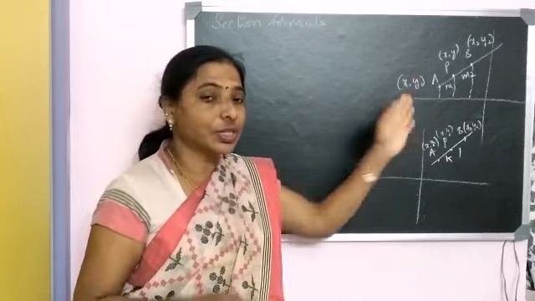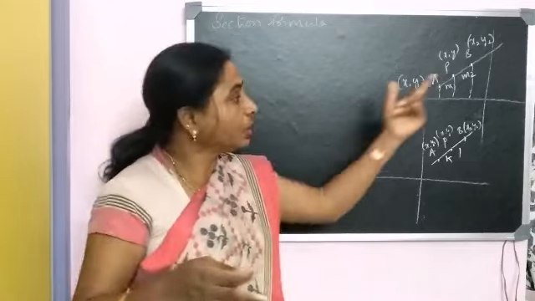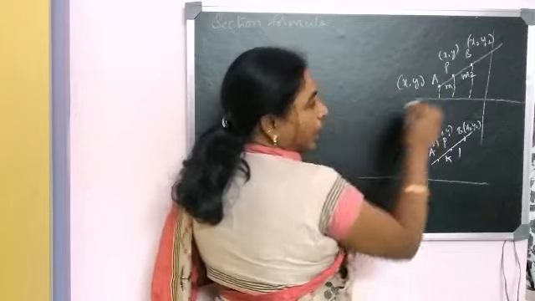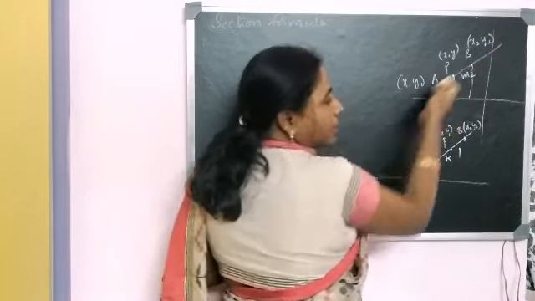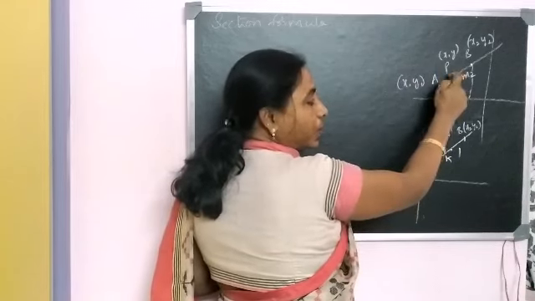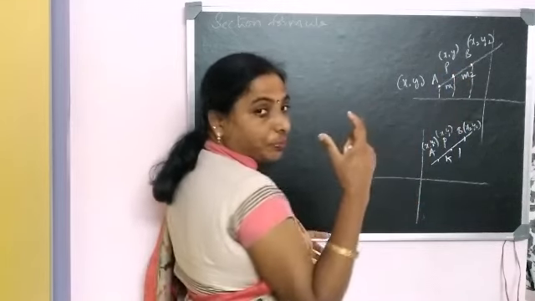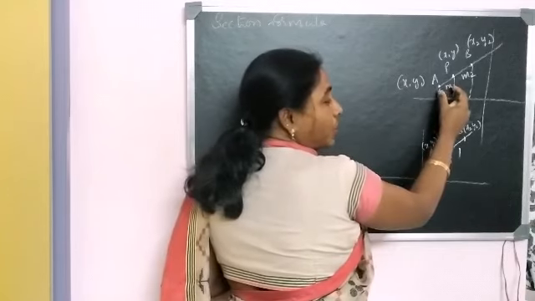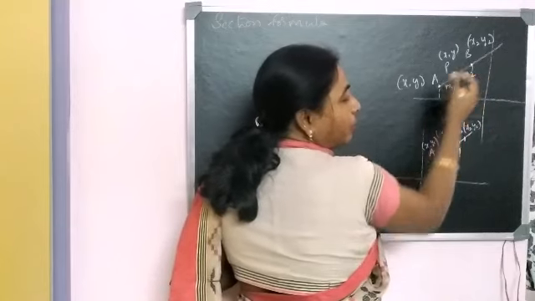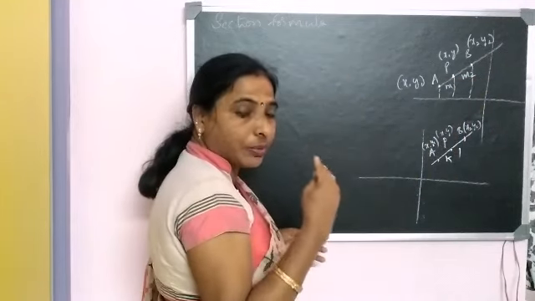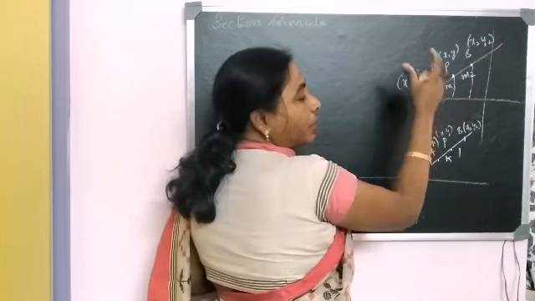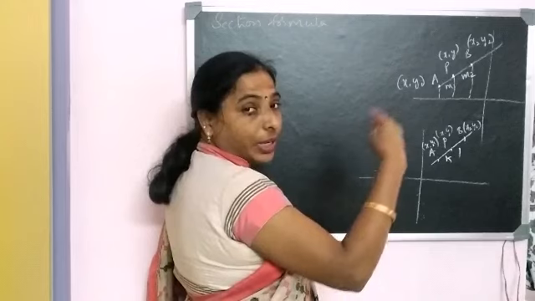What is the meaning of sections? When we make some sections, we get it like this. For example, think that this is a point A, this is a point B. On this slanting line, we have one more point P. That means this P is dividing it into two parts. One is of the measurement M1, and the other is of the measurement M2, because we do not know how much M1 and M2 are. But we take them as M1 and M2. That means it is divided into the parts M1 and M2.